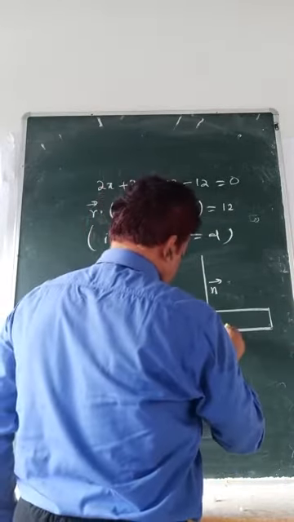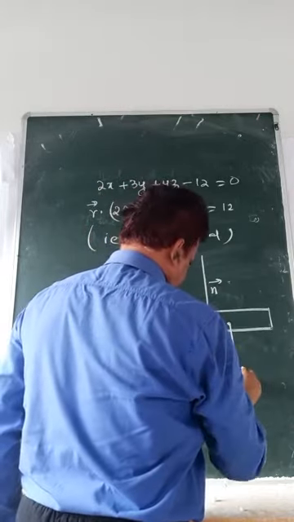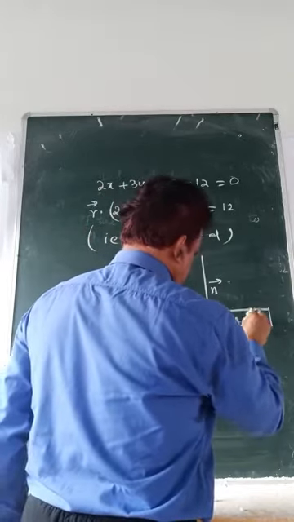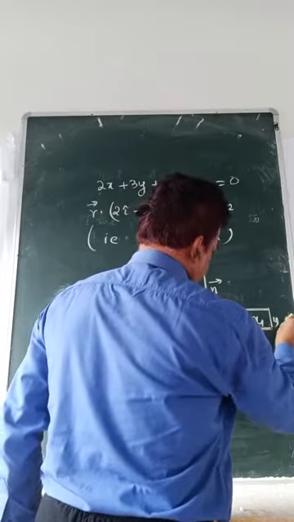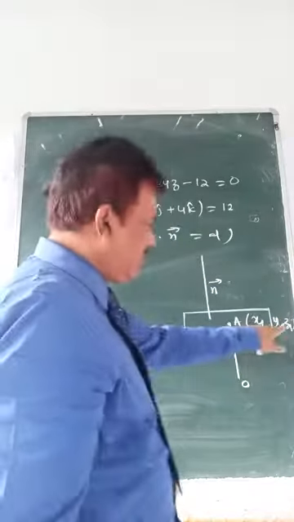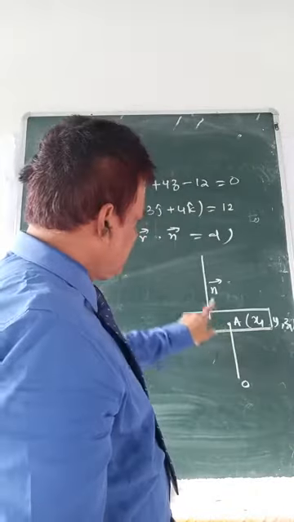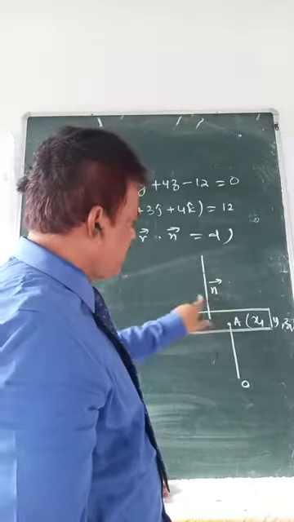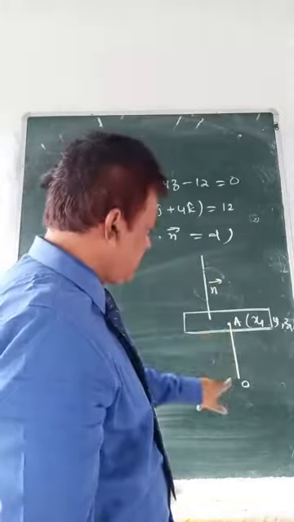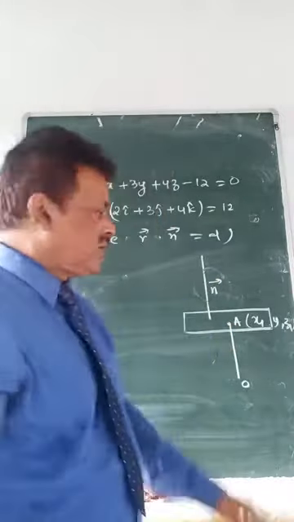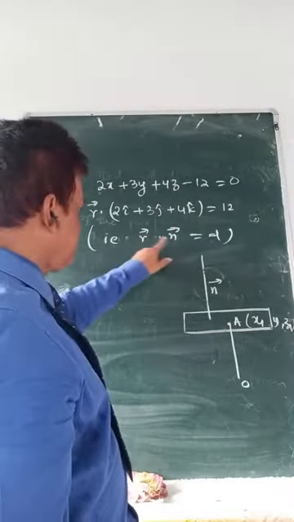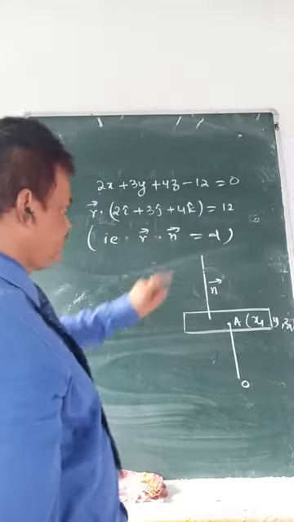Okay. Foot of the perpendicular means this is your origin, this is A. You want to find out x1, y1, z1. D is not the distance from origin. Only when it becomes a unit vector, then D will be the distance from the origin. So first you make it a unit vector. How to make it?